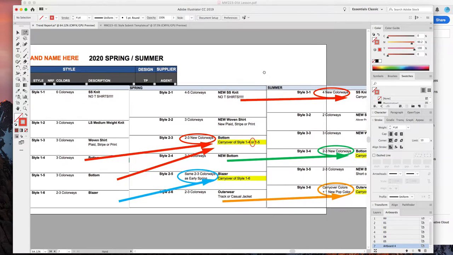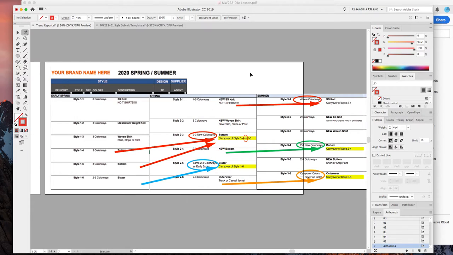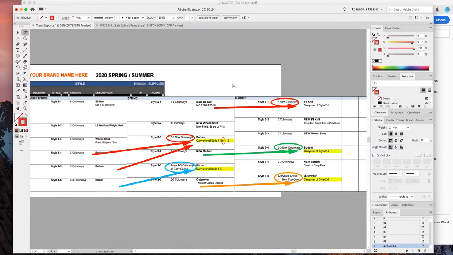We can talk about this again next week, about how these styles flow from one delivery to the next. Overall, you're going to have 6 styles in each delivery, but with all of the carryovers, it's not going to be 18 styles. It'll actually only be 13 styles. So you've got the whole semester to build these. We're going to work on a lot of core. We're going to back up and do some really good core